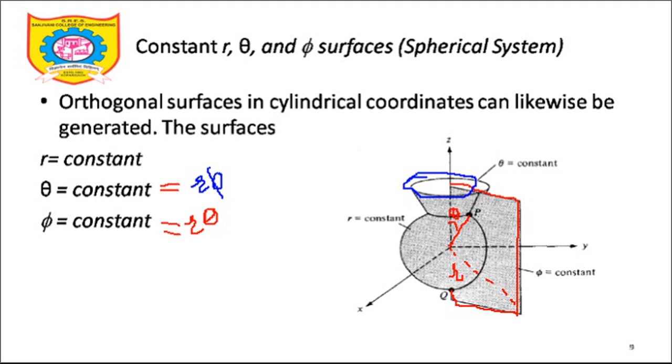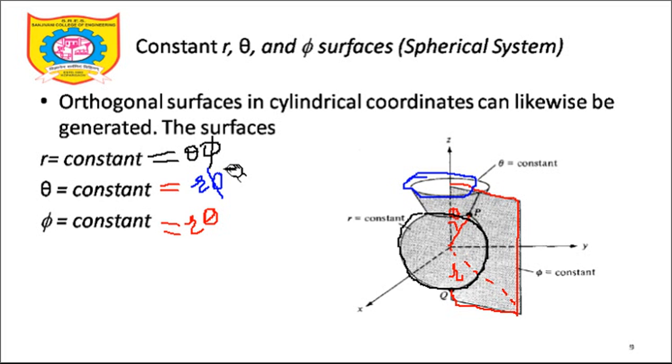Okay, let's look at the third surface. You can see this particular thing. It looks like a circle from this view. If I am an observer looking from this direction, it looks like a circle. So it is r equal to constant. R equal to constant means the remaining two coordinates must be varying. What are those coordinates? It is called the theta-phi plane. So theta is varying and phi is varying. Since it is a complete circle, theta and phi must be varying, and I have the r equal to constant plane. So these are the three surfaces.